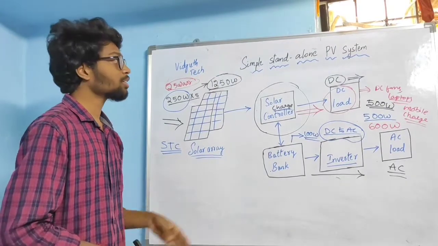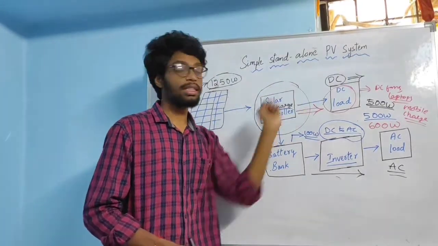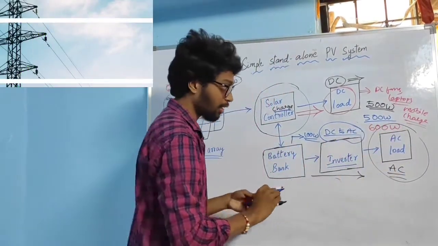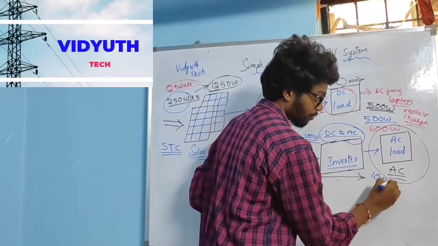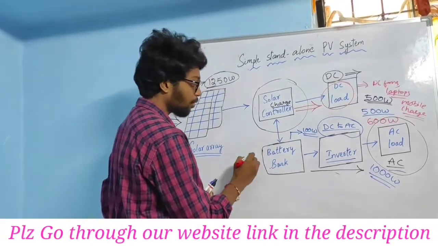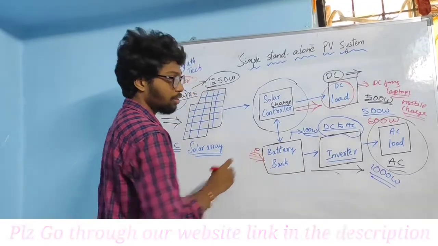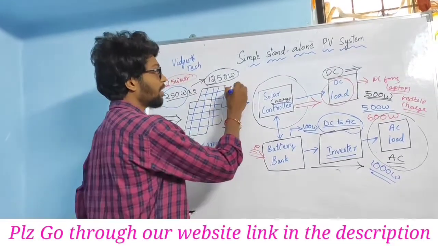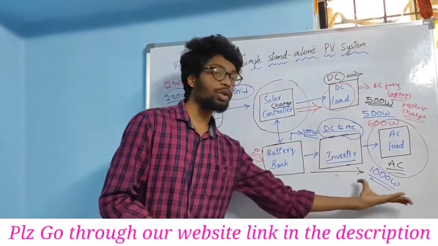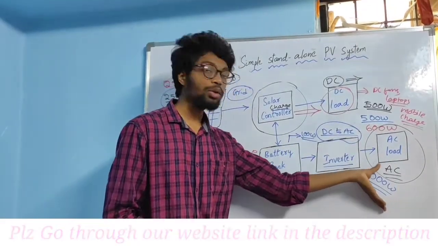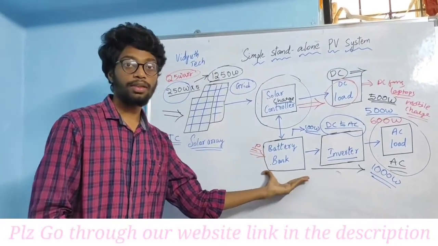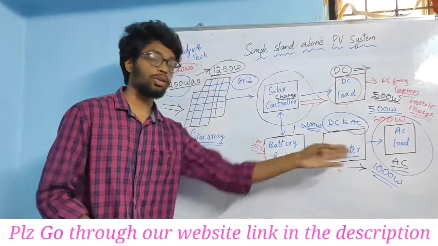Friends, one more disadvantage of the standalone photovoltaic system is, if you have a connected load of 1000 watts, let me explain. And you have batteries here. For example, for this, you require some power. As you are not having grid, you have to take both into consideration. For the connected load you have to use, and we have to consider this battery bank power also. We have to consider both.